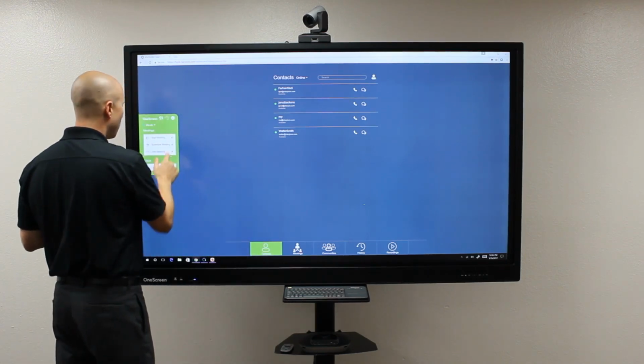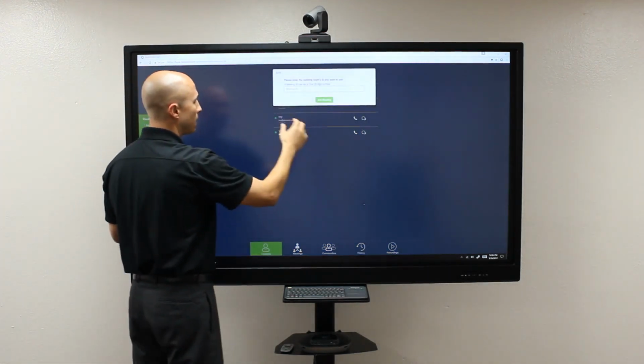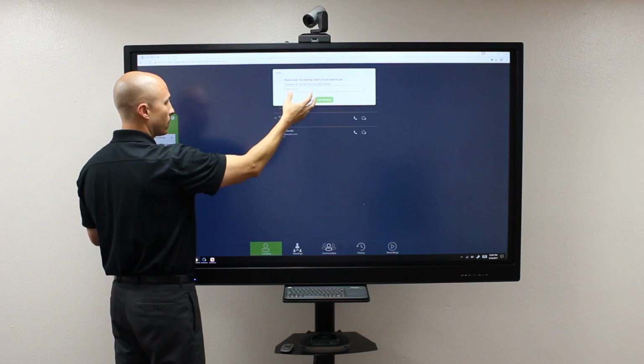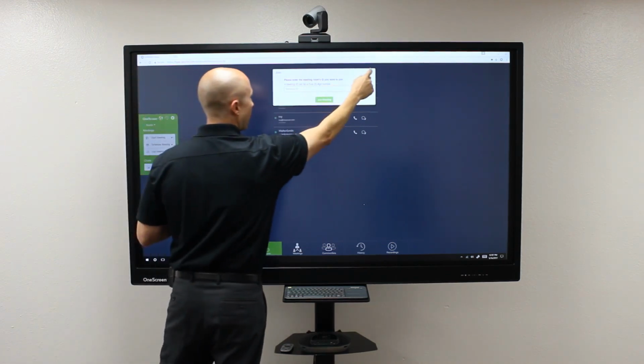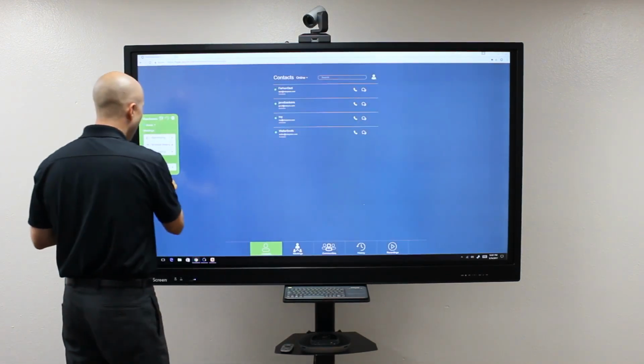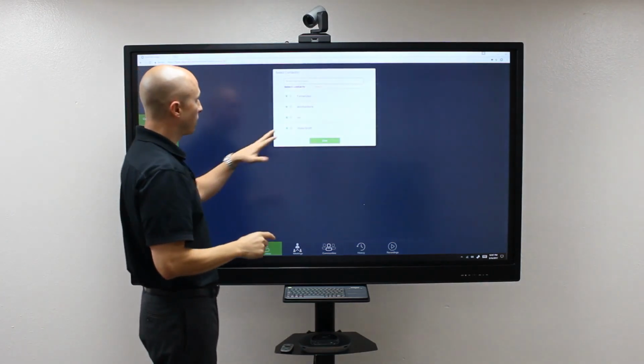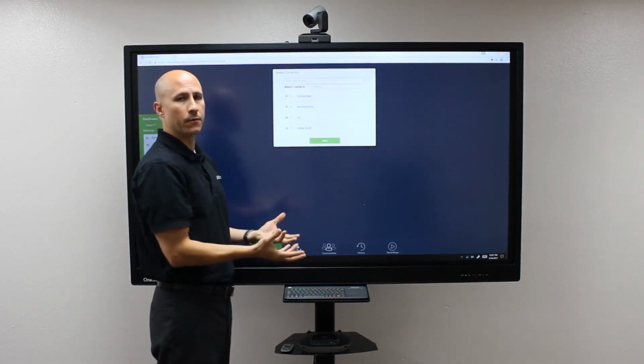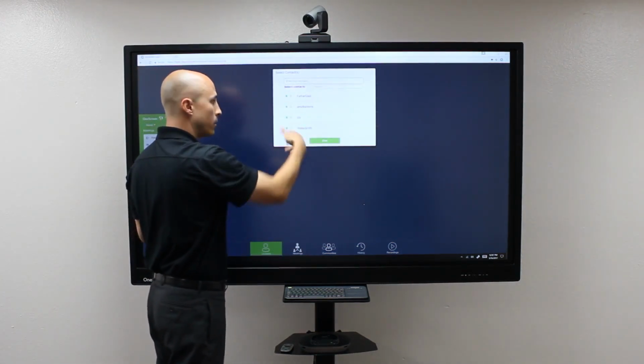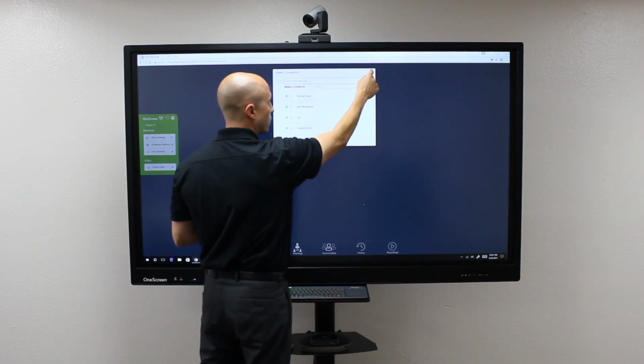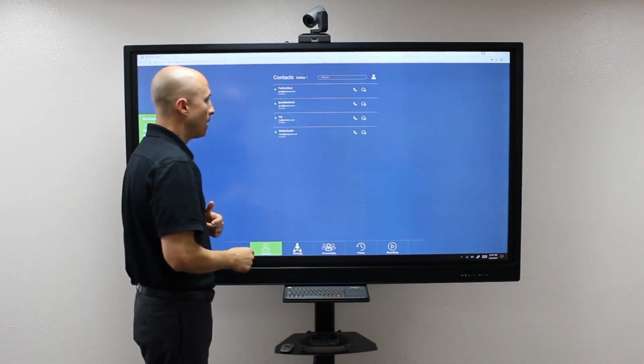Now, you also have join a meeting icon, where if someone was already in a meeting, you can get a 5-digit code. You can just add that, join that meeting pretty quickly. And then of course you have your group chat. This will be something where outside of a video call, you can even do a group chat and choose the people that are online, and you can actually do a quick chatting session with them. So again,